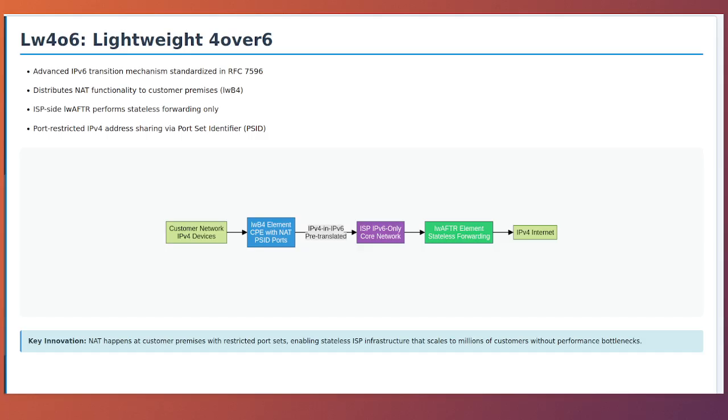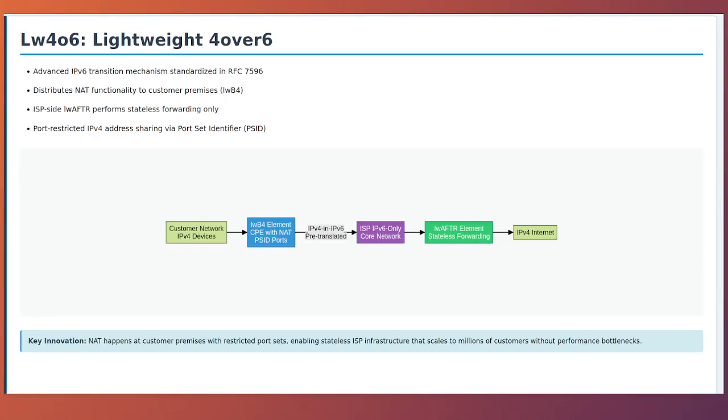The fundamental concept behind Lw4o6 is port-restricted IPv4 address sharing, combined with IPv4 and IPv6 tunneling. Each customer is provisioned with a public IPv4 address and a restricted set of port numbers that they are allowed to use. Multiple customers share the same IPv4 address, but with non-overlapping port ranges. For example, Customer A might use ports 2000 through 2999. Customer B gets ports 3000 through